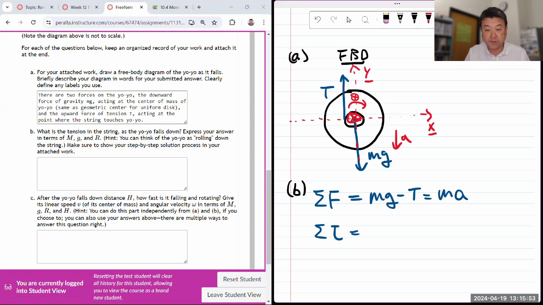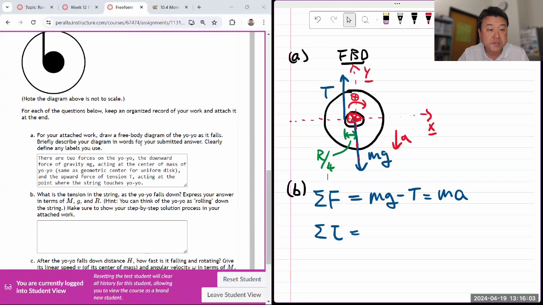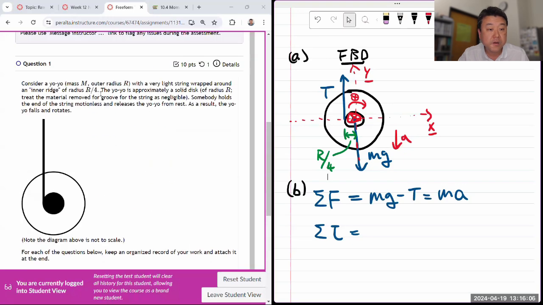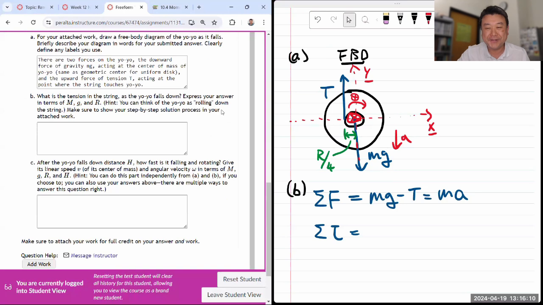I have the lever arm for the tension. Oh, so I should have this distance labeled. I think in this question, that was R over 4. This part might be randomly generated. This factor 4, I probably randomized it. So that's the lever arm for the tension force, R over 4 times the tension force, plus, now